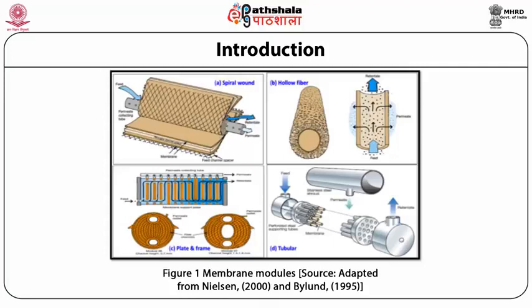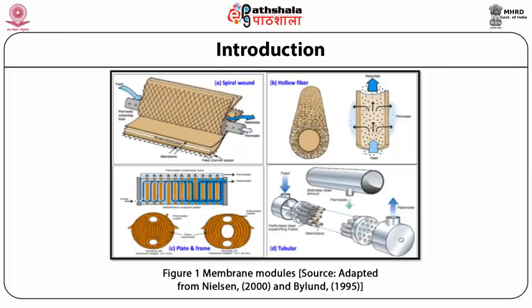In this particular spiral wound membrane module, we have a layer of membrane. Then we place a feed channel spacer, and then a support material, and all these are closed from three ends, forming an envelope, and finally it is rolled. In the center, the feed will be given, and there will be a perforated tube that collects the permeate from all these layers, and the retentate will be on the other side of the membrane, and finally we get the permeate and concentrate.